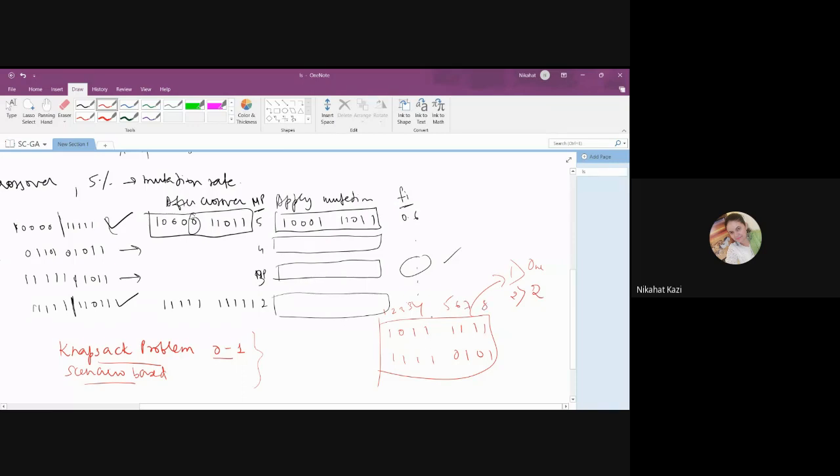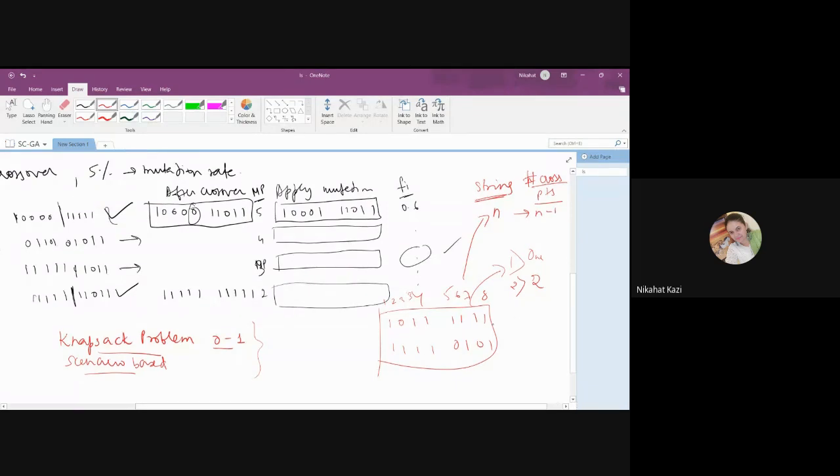These are my cross points. So what is the meaning of 1 as a cross point for a string of size 8? 1 means after the first one. So for a string of size 8, how many cross points can you have? You can have 7. If the length of the string is n, then the number of cross points that you can have is n minus 1. Okay, so I say after 3 and 5, I use 2 point crossover,